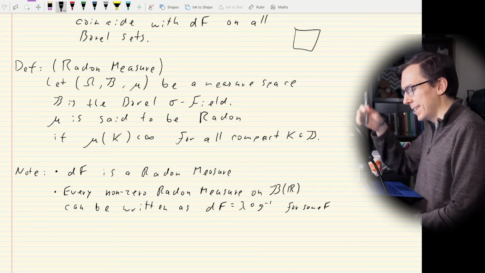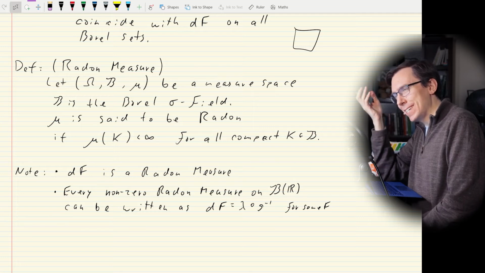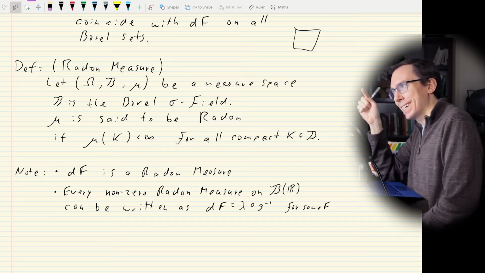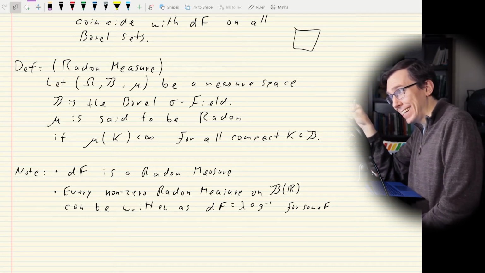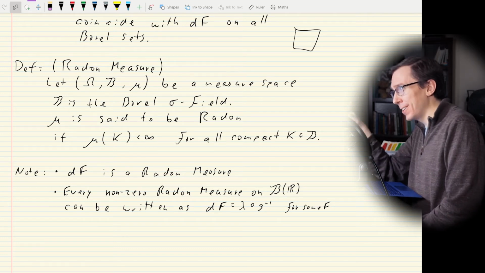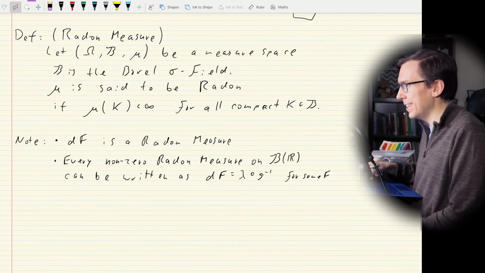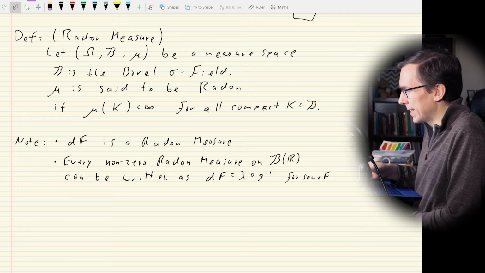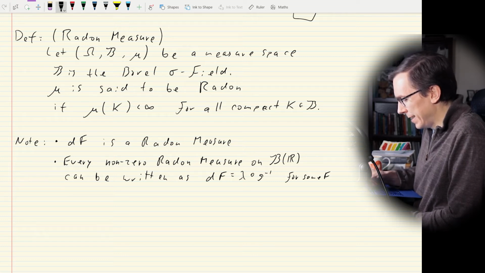I mean, I think that's kind of neat, right? Because, okay, sure, of course df is Radon, but what we're saying is that actually every Radon measure on the real line, on the Borel sets on the real line, can be written as a Lebesgue-Stieltjes measure. So that's kind of neat. And I can do this in kind of one line,